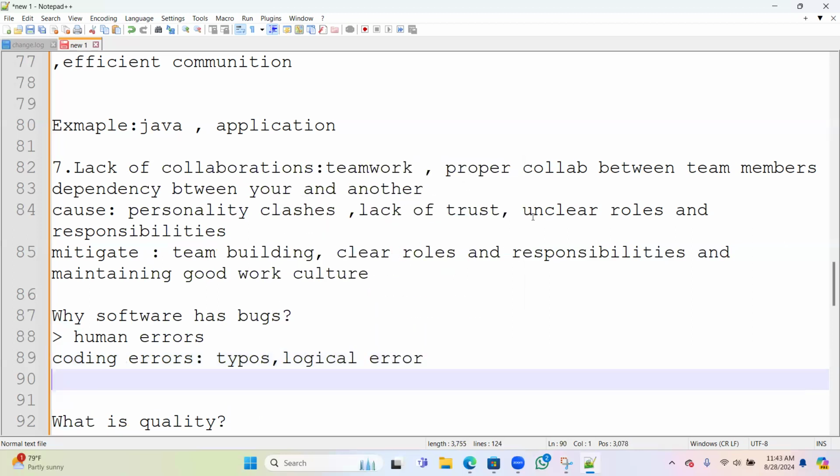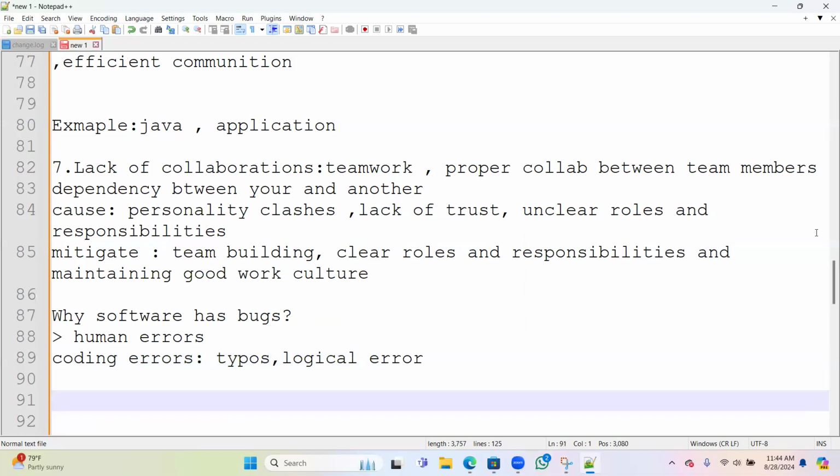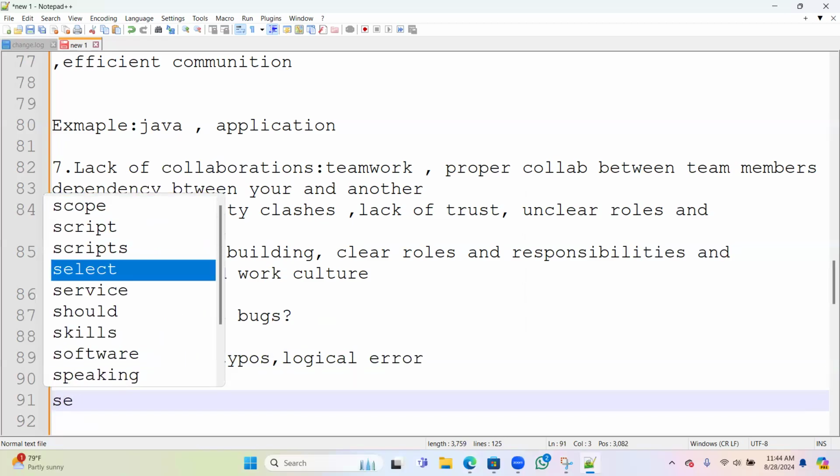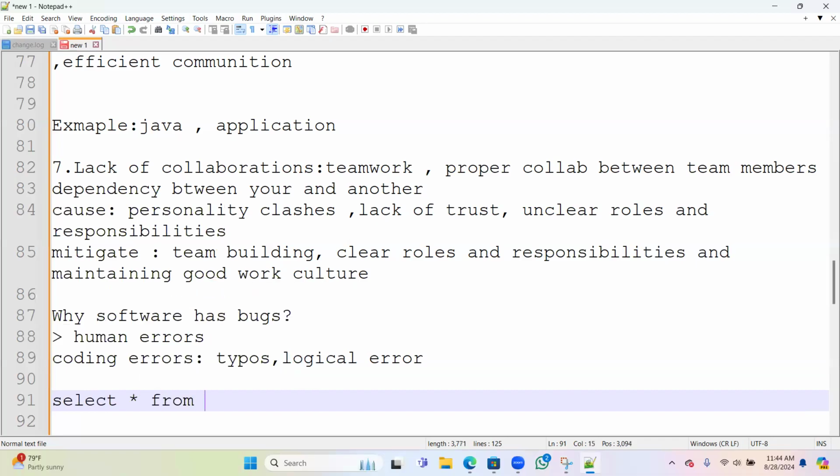For example, some people might not have good knowledge of mathematics or logical queries. Because of that it will also happen. A typo is nothing but, for example, in SQL we need to write select star from table.